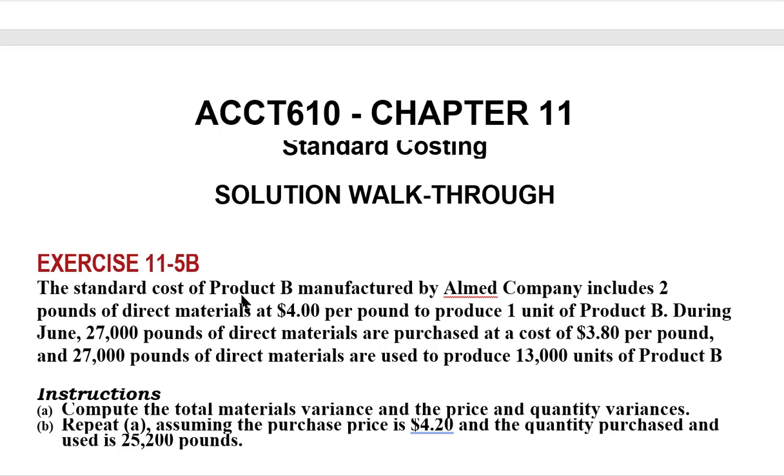So let's look at the information that we have. It says that the standard cost of product B requires that they use 2 pounds of direct materials, which should be purchased at $4 per pound, to produce 1 unit of this particular product. During the month of June, 27,000 pounds of direct materials were purchased and used, and they paid $3.80 per pound for the material. So you can tell already that they did well with the price. Of course, we don't know about the quality of the material, but we know that they paid less than the